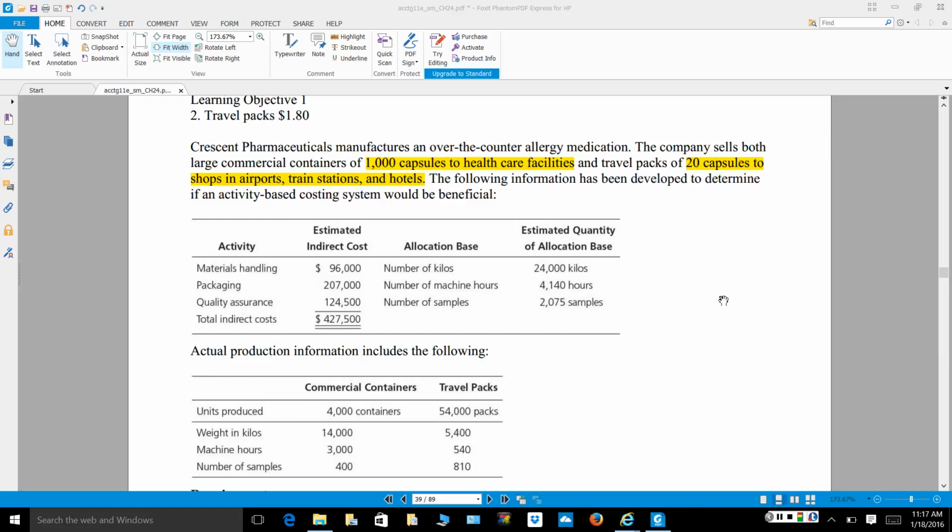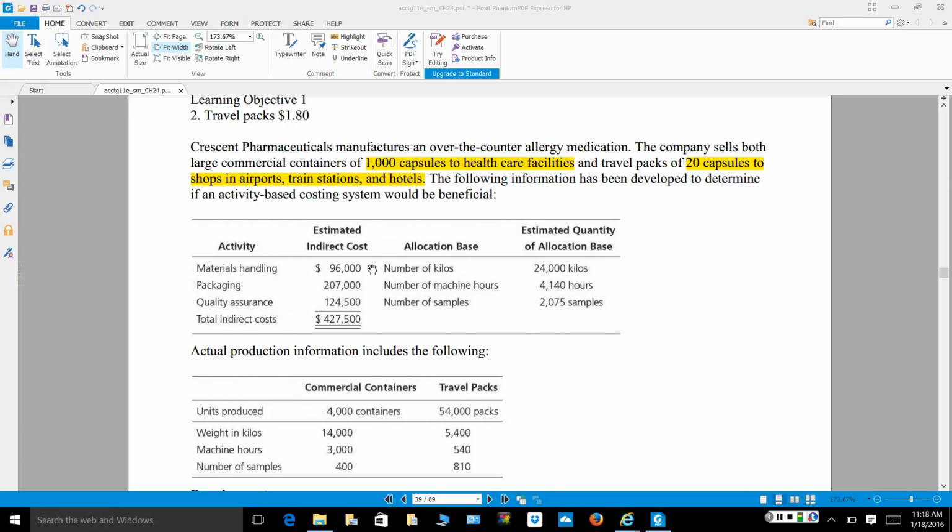So we have the following information. The organization has reviewed their financials, and they have identified $427,500 worth of overhead or indirect cost. They have broken these costs down into three different overhead cost pools, one for quality assurance, one for packaging, and one for materials handling. As a result, of these three different cost pools, they have also identified three different allocation